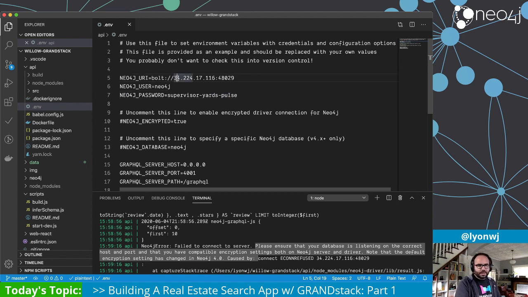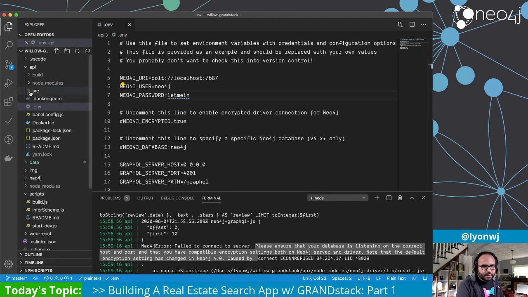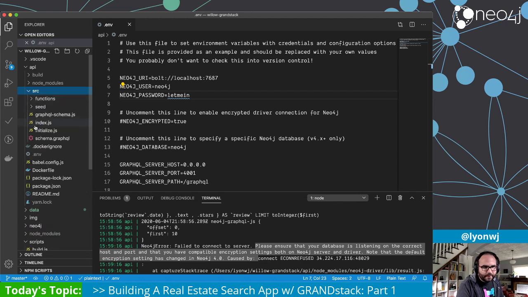Let's change our Neo4j URI connection string to point to localhost:7687. That is the default for local databases that we created and started using Neo4j Desktop. So this is going to refer to that database that I have running in Desktop. The username we left as neo4j, and the password I set as "letmein". Okay, and then if we look in api/src/